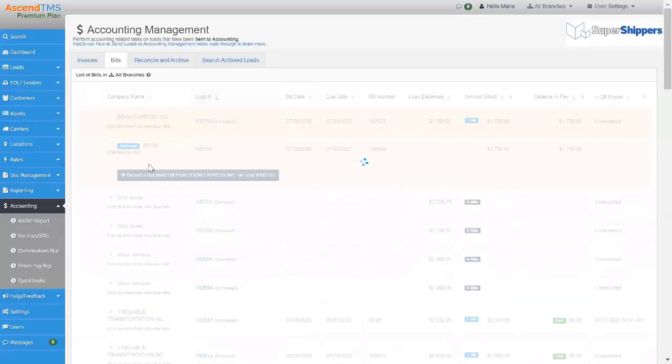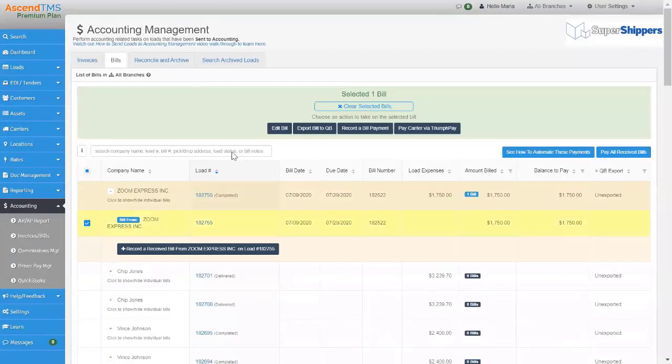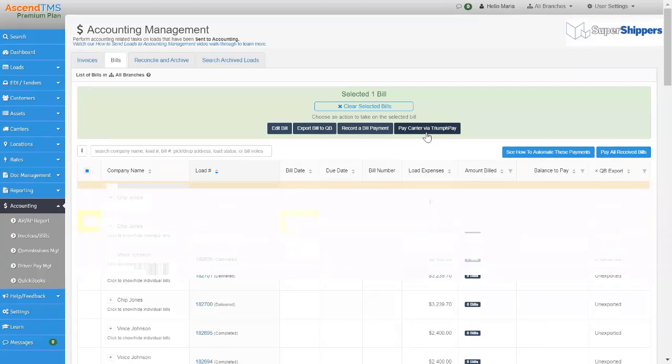What else can we do? We can export this bill to QuickBooks. We can record a bill payment, which we're going to do. We can also, if you're signed up with Triumph and you've talked to them about Triumph Pay, it is an option, a cool service that they provide. My simple version of explaining it, which doesn't really do it justice, is that Triumph Pay is Triumph extending a line of credit to you where you can send over your carrier bills to them, they'll pay your carrier, and you can then pay Triumph back. Essentially, it's something like that with a lot of cool things in there. So if you're interested, definitely check that out.